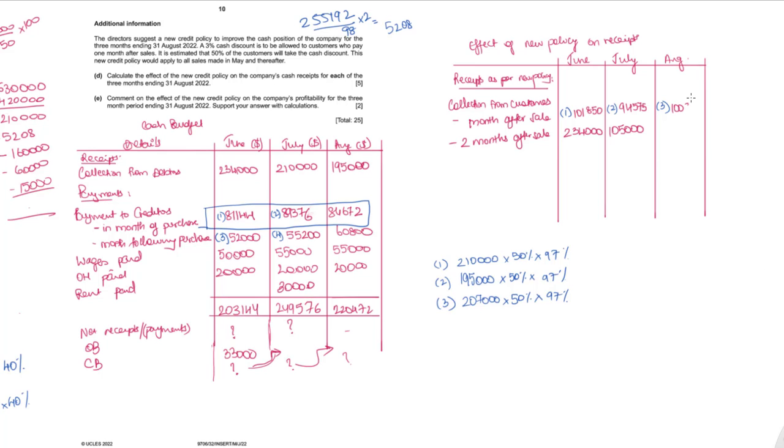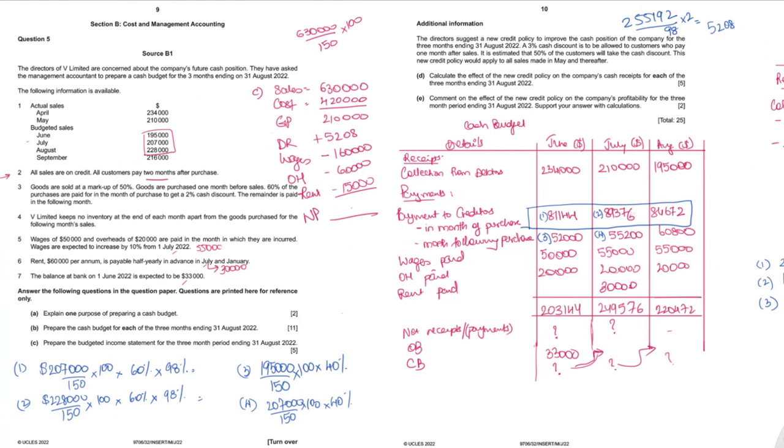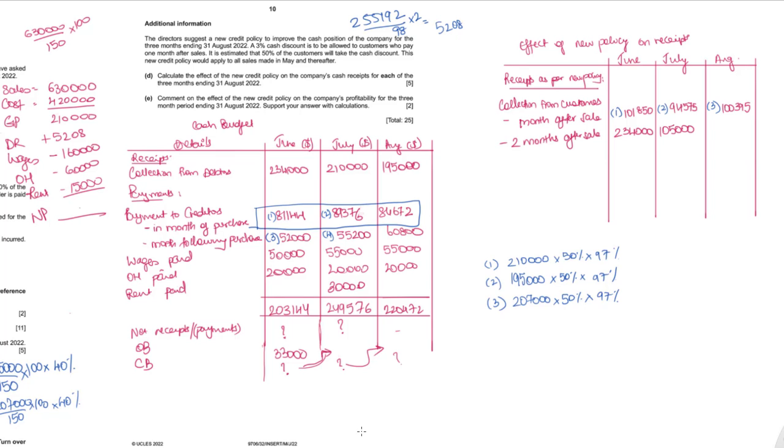So 100,395. And in the month of August, they will also collect 50% of June sales. 195,000 into 50%, 97,500. So this is going to be their new receipts, or receipts under the new policy. Let's take a total. 335,850, 199,575 and 197,895. This will be compared to the receipts